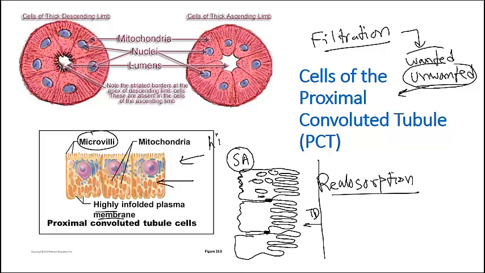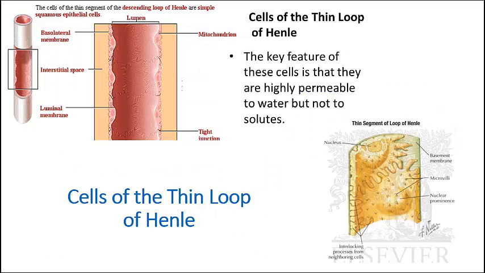So they are highly permeable to water and many other solutes. That is the specialty of these cells. Now if you zoom in and look at the structure of the cells that are present in the loop of Henle,